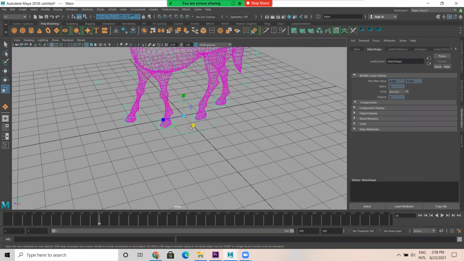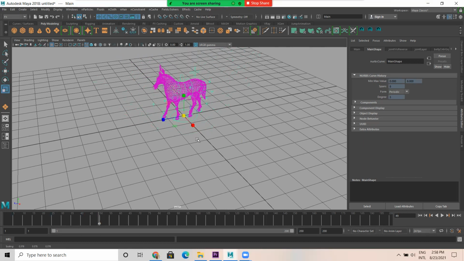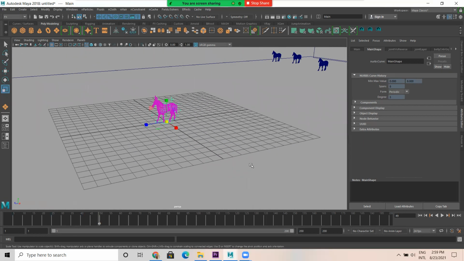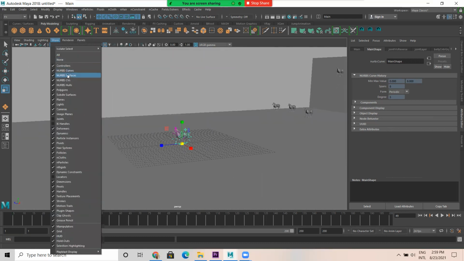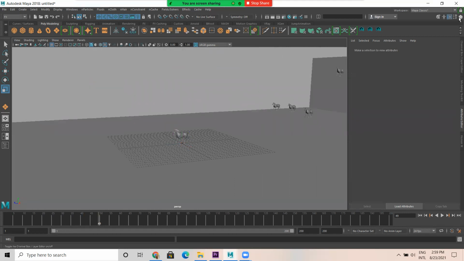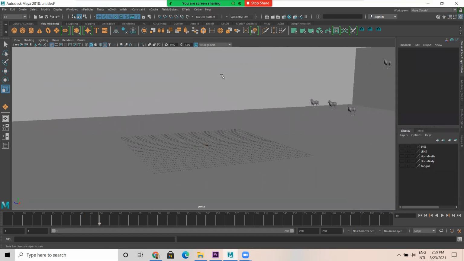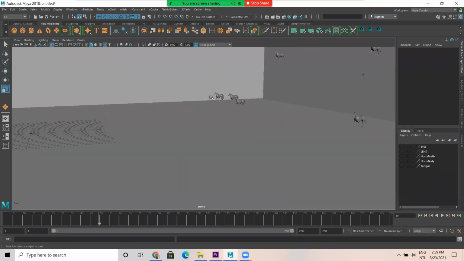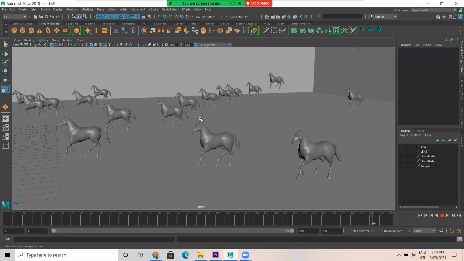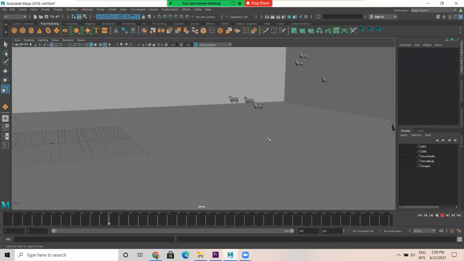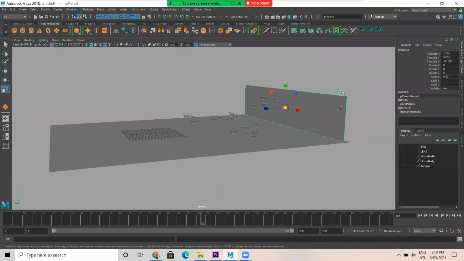This particular curve, I'm going to make it smaller. Here I'll turn on the horse. So I have my horse here. I'm going to turn this off and keep it in a layer.